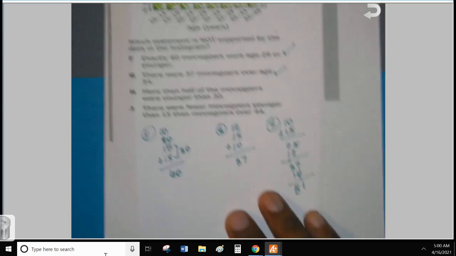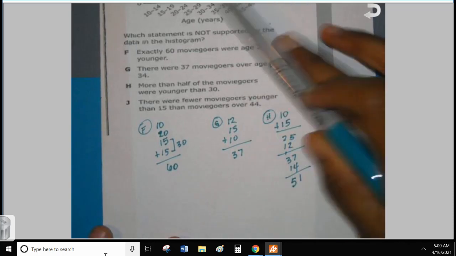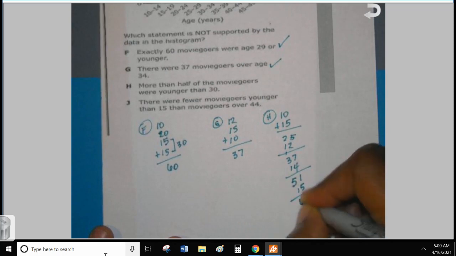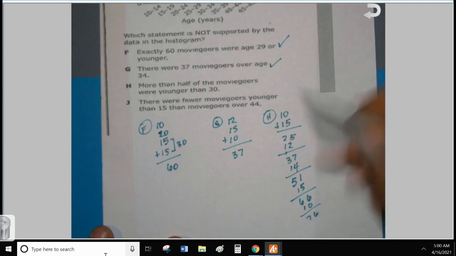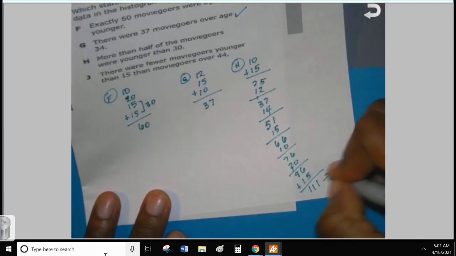And sorry, y'all see nothing I'm doing. 10, 15, 12, 14. Then I add 15. Then I add another 10. Then I add 20. Then I add 15. So my total moviegoers is